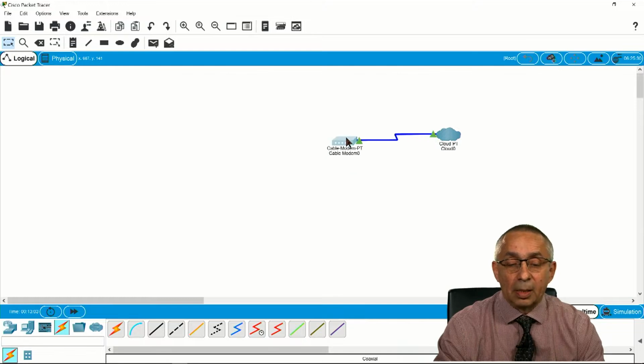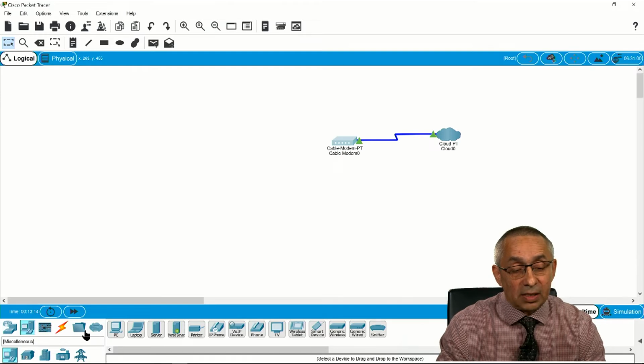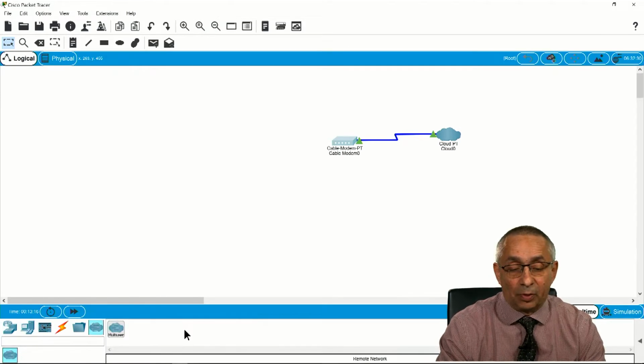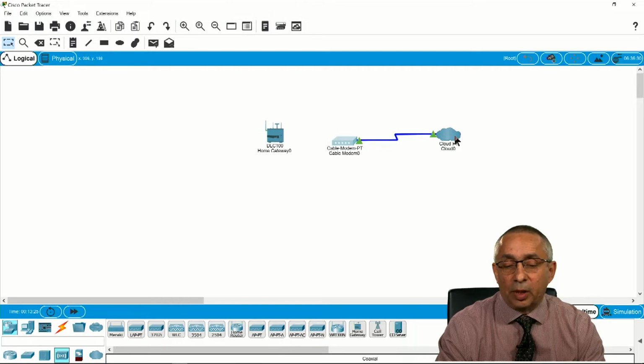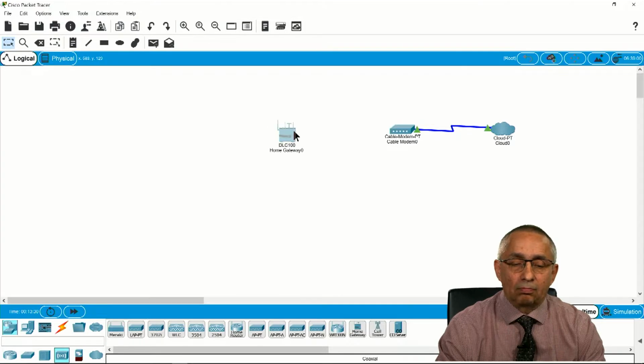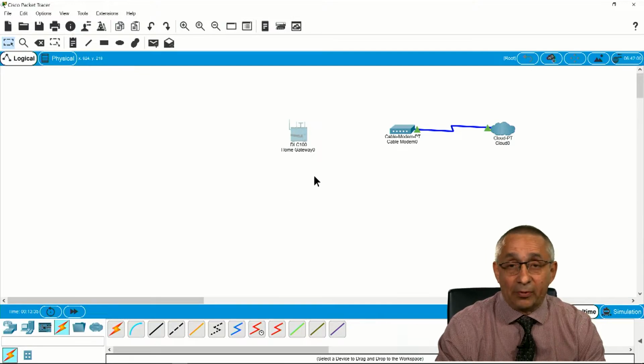to my provider. In my home network, what is it that I'm going to have? I'm going to have lots of computers and devices, for example. And usually we have a Wi-Fi device that we use for our computers and tablets. I'm going to add it here in my configuration. My Wi-Fi router or Wi-Fi modem is connected to my cable modem.